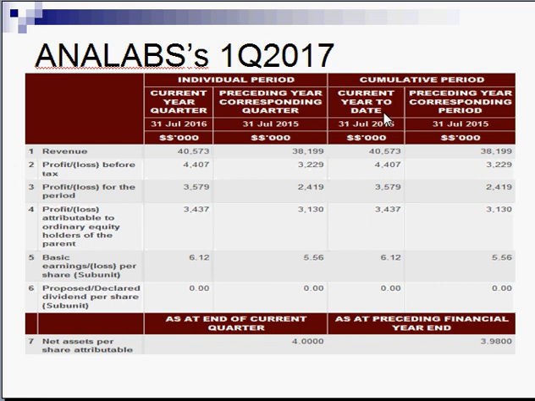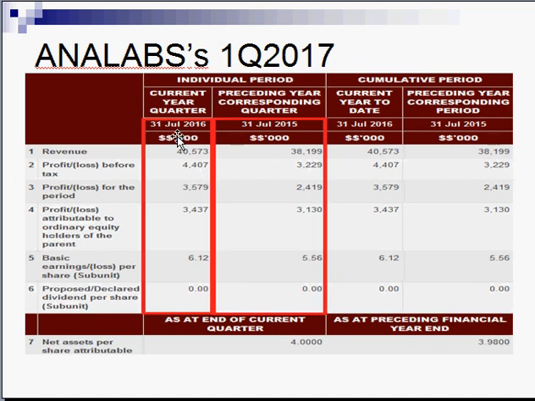Now if you are looking at the second quarter result, for example, you'll be looking at the first quarter and the second quarter result added up in the cumulative period. Right, so let us zoom into NLab. Because this is the first quarter result, we are essentially interested in these 2 columns of numbers. These 2 columns are exactly the same as this, so they make no difference to us